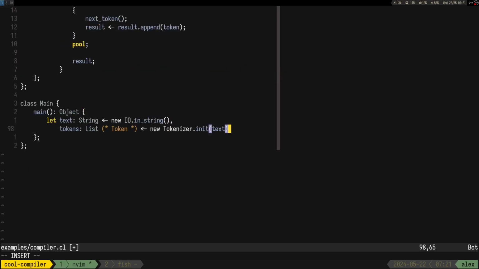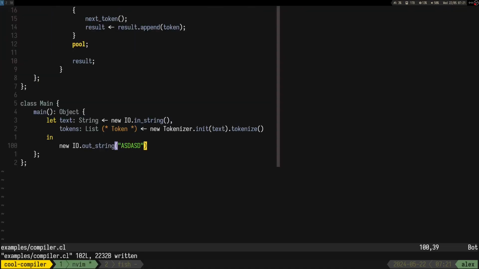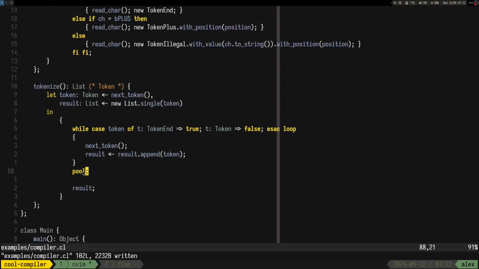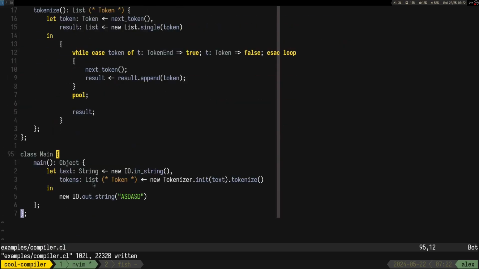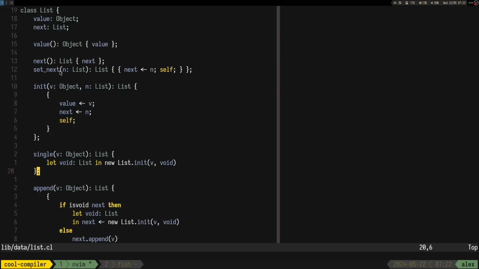Tokenize. Let's print something. I'm curious in data list, what can we do here? Well, we have value and next, so that's good.